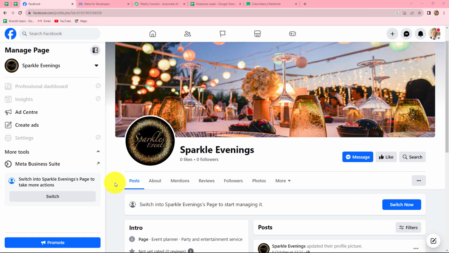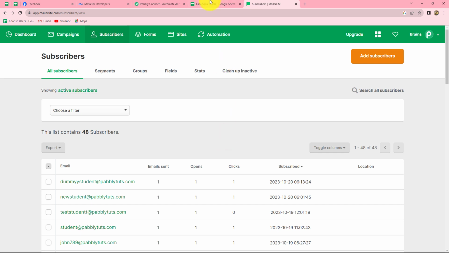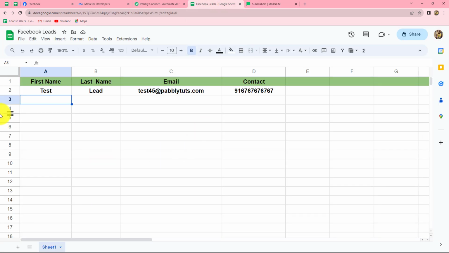In this video, we are going to learn how we can automatically add our Facebook leads to MailerLite as subscribers, and after that automatically add the details of the same lead in our Google Sheets in order to create the record. If we do this process manually, it is going to take a lot of time, but once we create this automation by integrating all these applications, it will be done in minutes automatically without any manual effort. Okay, so in order to create this automation, first of all we will have to integrate Facebook lead ads, MailerLite and Google Sheets, and for that I am going to use an amazing automation and integration software,